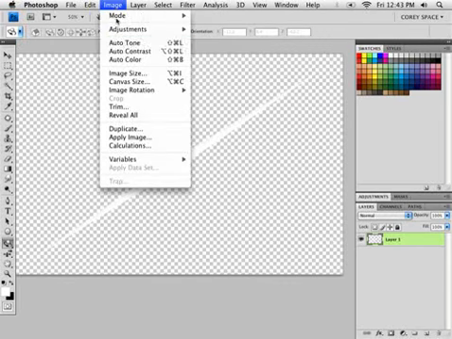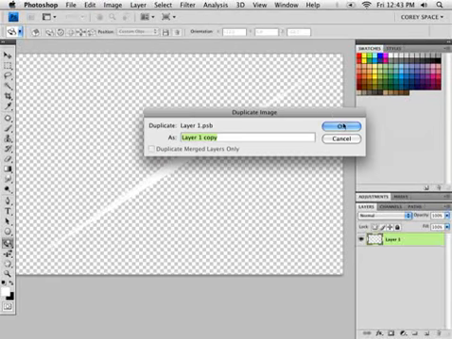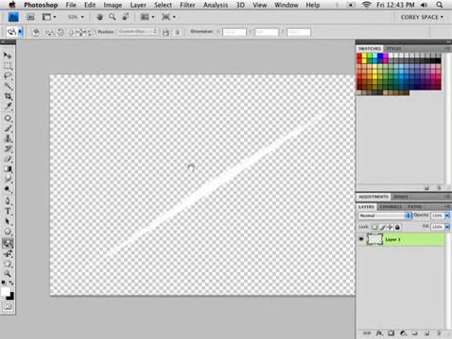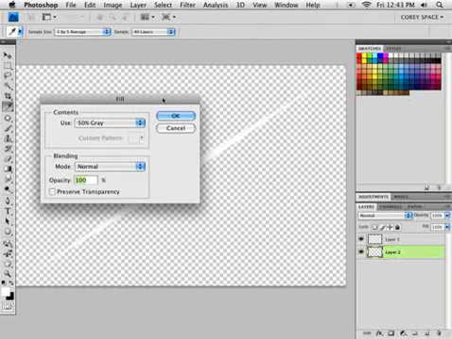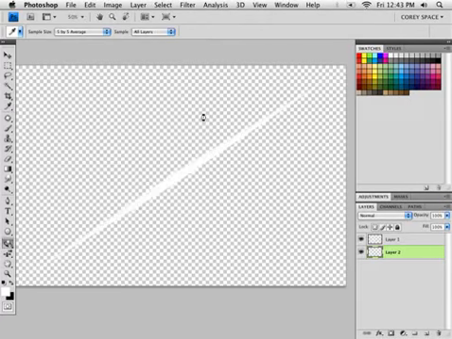We're going to go into the Image menu and go down here to Duplicate, and it'll create a duplicate of that file. Here in the Layers panel, I'm going to hold down my Command key and then click the New Layer icon. It's going to pop a new layer underneath that stroke layer. And I'm simply going to fill this with black. I'm going to press Shift-Delete, and in the Use menu, we're going to select black, click OK, and there we